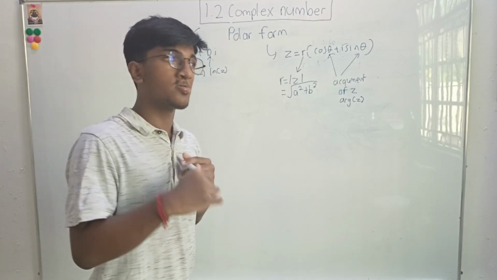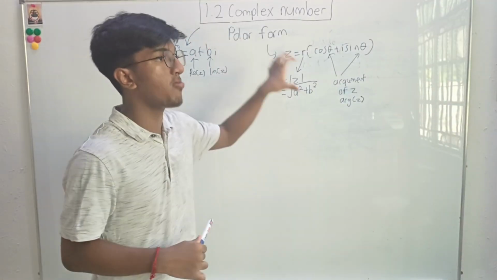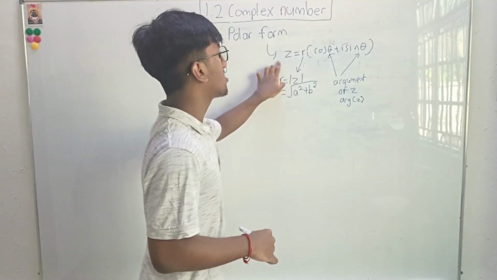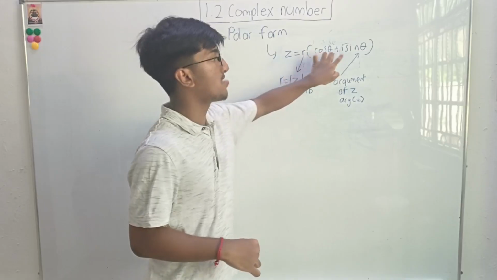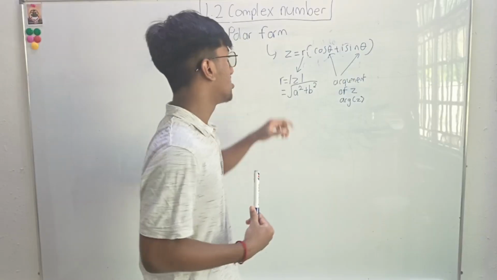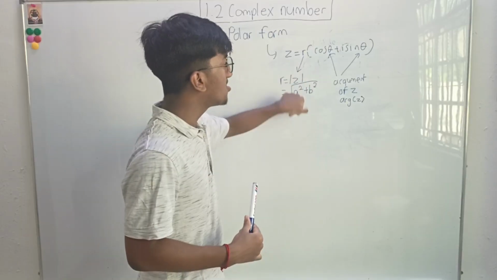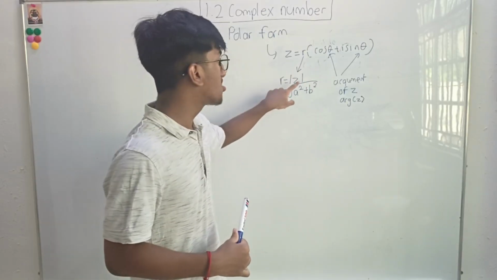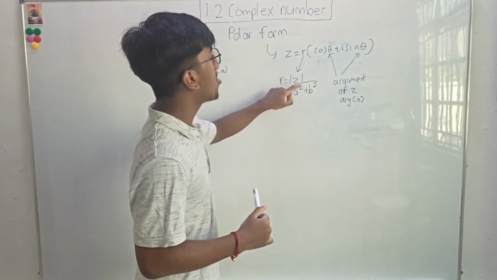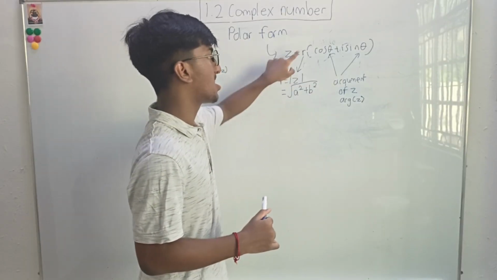So now what we are going to do is change this a plus bi into a new form, which we call polar form, where the polar form will look like z equals r (cos theta plus i sin theta). So what are the letters r and theta representing? The letter r in the polar form is equal to the modulus of the complex number, where the modulus has a specific formula, which is the square root of a square plus b square. So if we square root the a square plus b square, we get r.